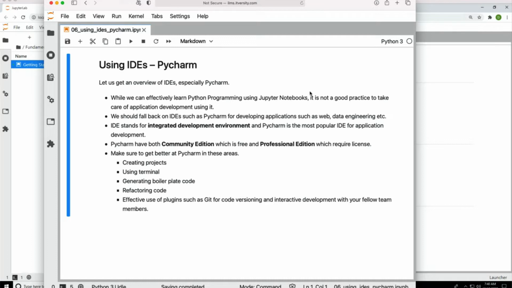It provides features such as collaborative development, refactoring the code, and many other things which will streamline our development process and improve the productivity of a team to develop complex web, mobile, or data engineering applications. PyCharm has both a Community Edition, which is free, and a Professional Edition, which requires a license. PyCharm is a product of a company called JetBrains, which is quite popular in building IDEs for different